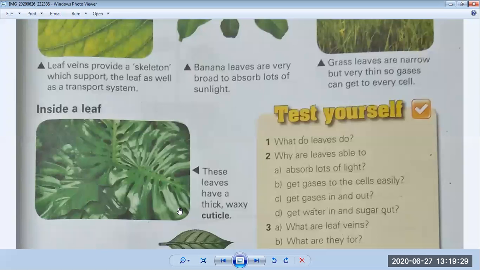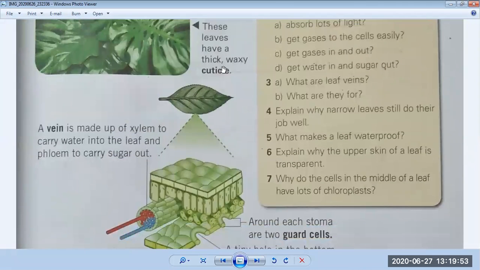Now we have discussed the plant. You can see that there are veins present inside the leaf, because this is a complex structure, so I will explain again. You will see there is a midrib in the center of the leaf, and these are called the veins. An important role is played by the veins because they are made up of xylem.